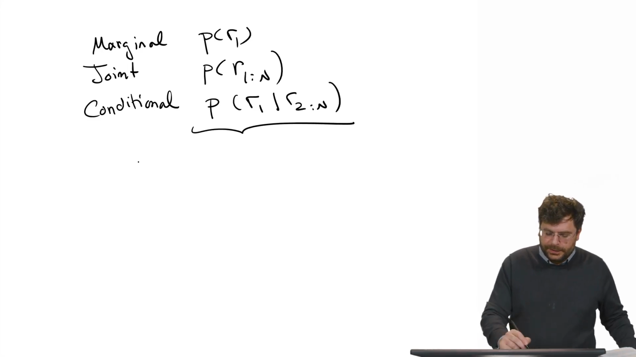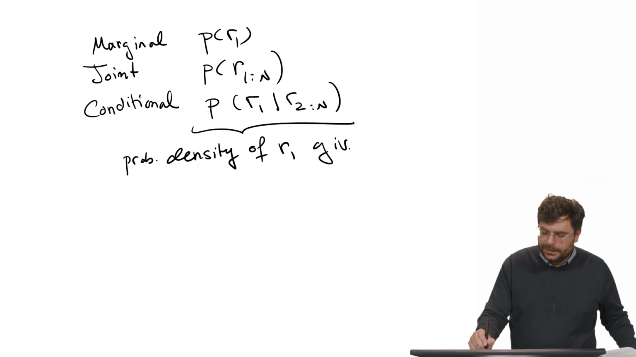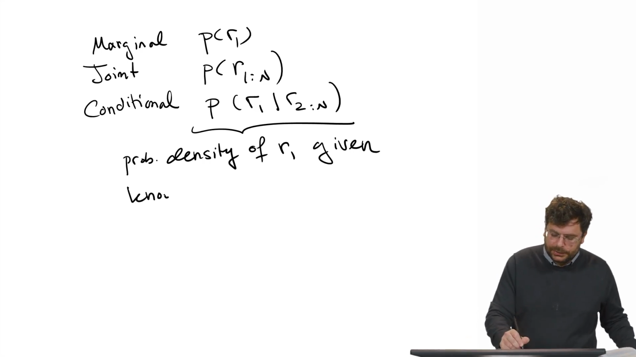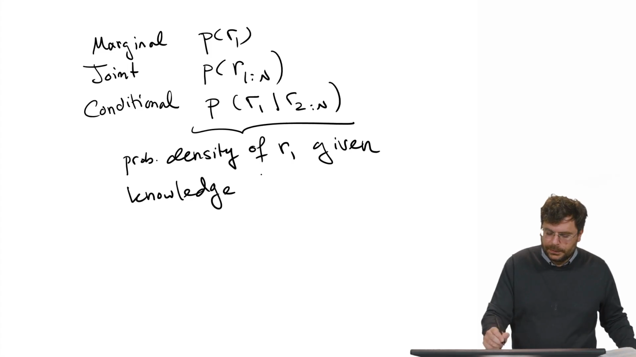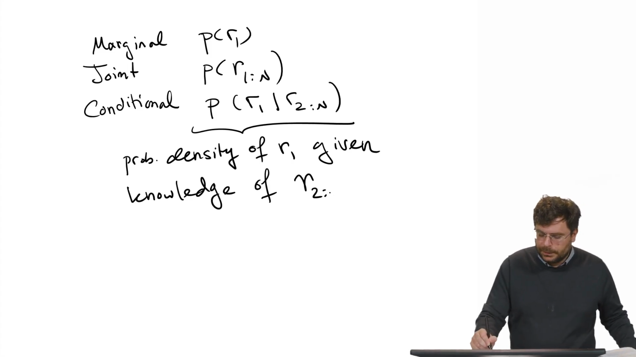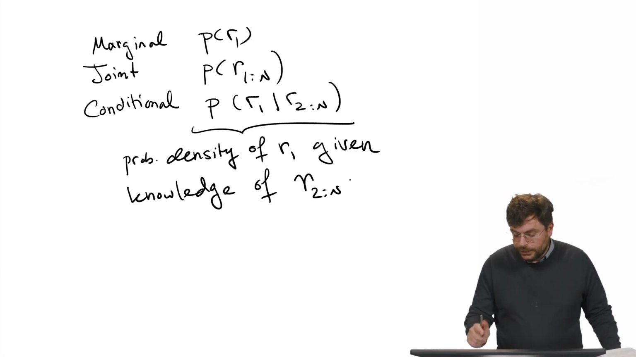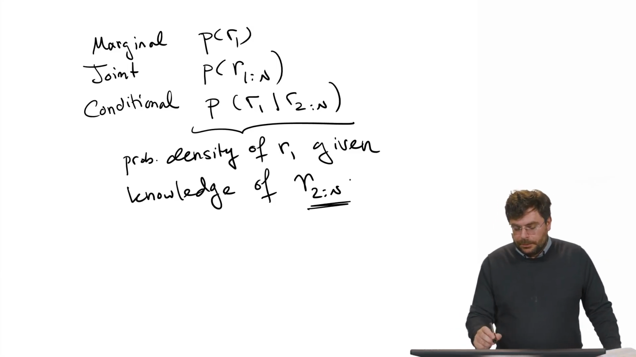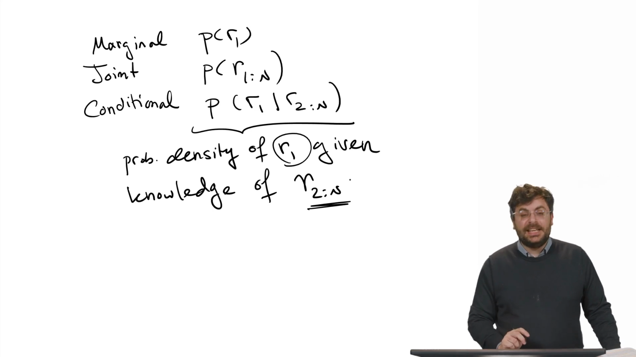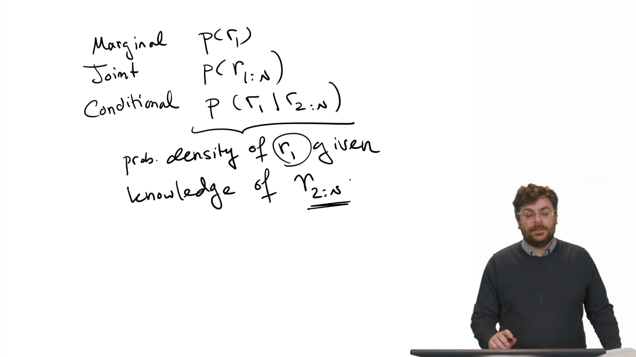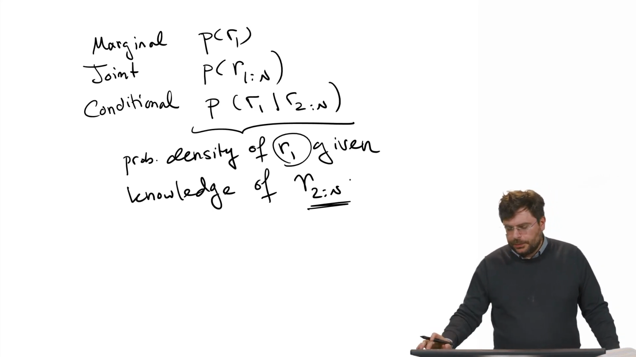So the way I interpret this is that this is the probability density of R1 given knowledge of R2 to n, right? So I'd like to be able to determine how R1 is distributed given some other information. So just sort of saying this very concretely,